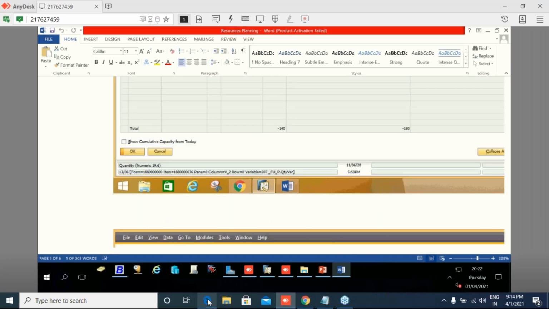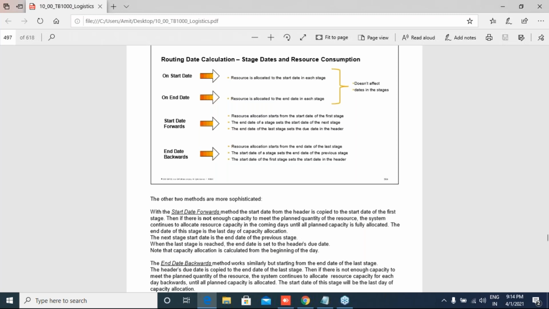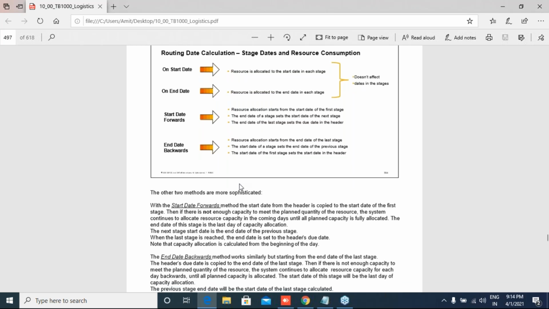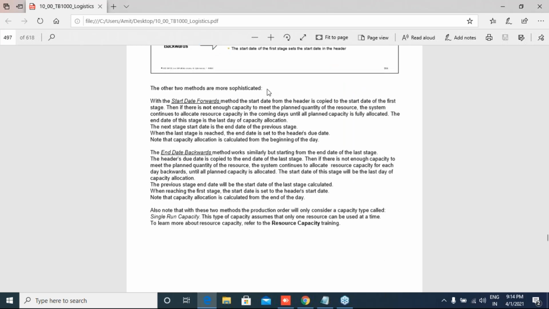Now coming to the other two methods, which are more sophisticated. The first one is the start date forward method. The start date from the header is copied to the start date of the first stage. Then if there is not enough capacity to meet the planned quantity of the resources, the system continues to allocate resource capacity in the coming days until all the planned capacity is fully allocated.